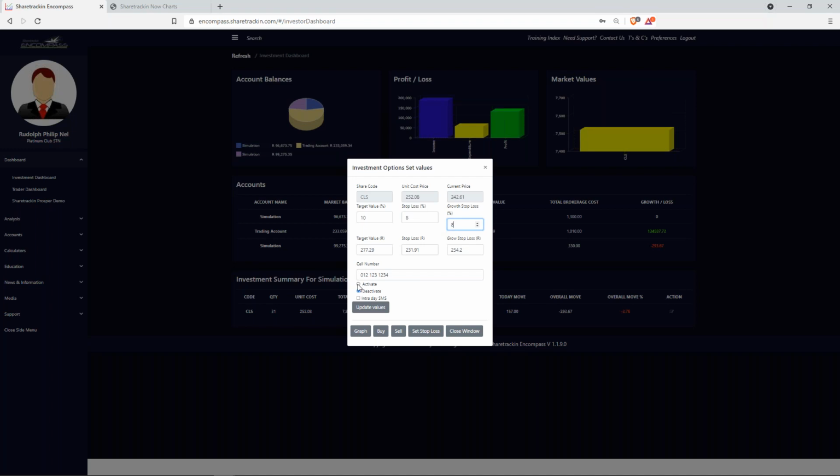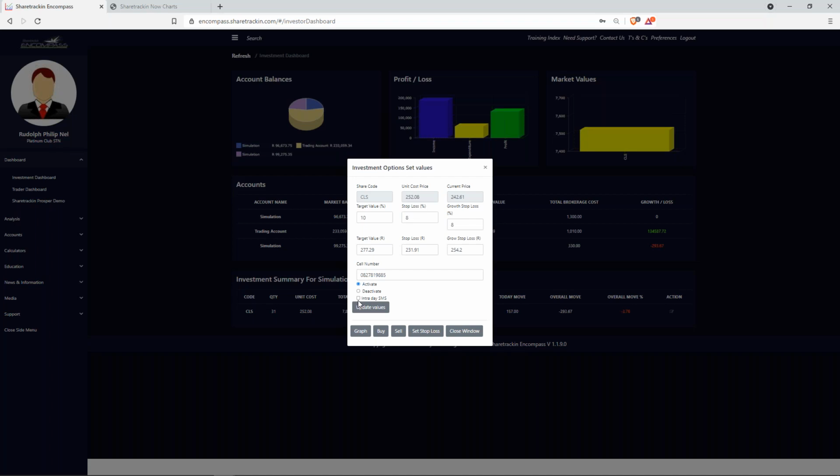Okay, then you need to activate the SMS notification into your cell phone number. So let's use the 02 support number, and then click on intraday SMS on. All right, so intraday SMS, this depends on you. So the intraday basically would let you know 3 times a day what your share price is currently doing, so that you don't need to go and log into the software 3 times a day. So that would be morning, afternoon, and evening that you would receive an SMS telling you what the share price